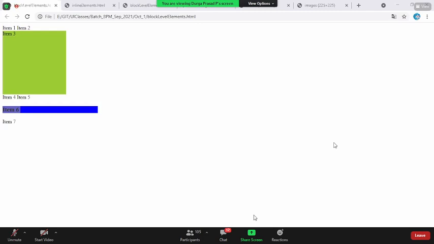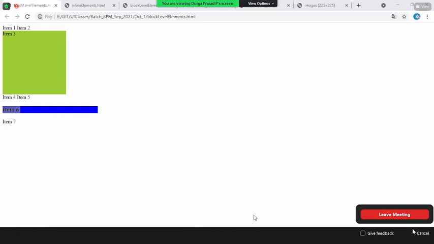Shiva, in order to hide an element, not only the image tag, there is a property called the display none property, which we haven't yet discussed. We are going to see that. Display none is the property using which you can hide